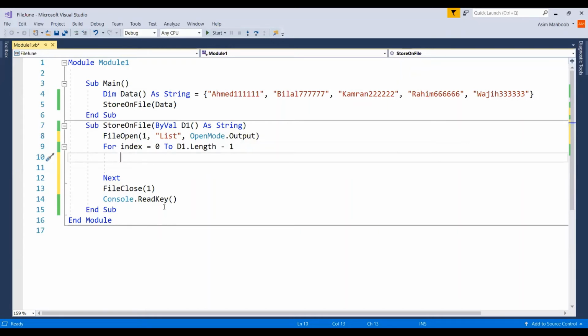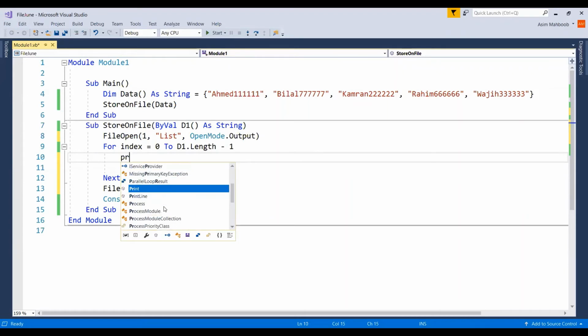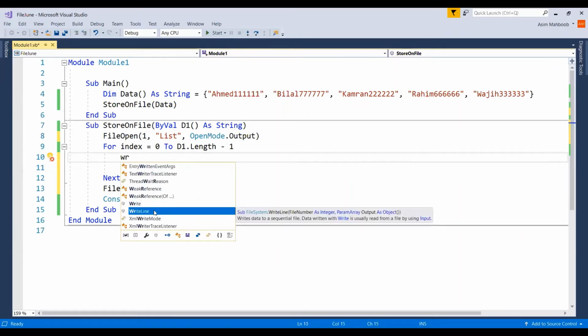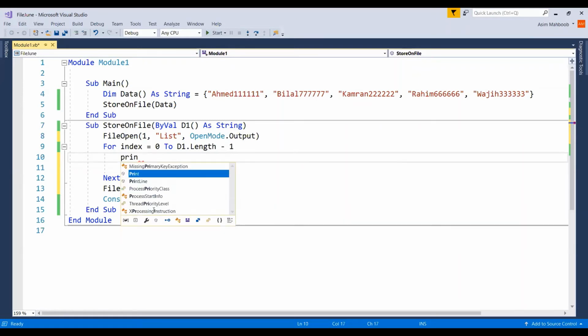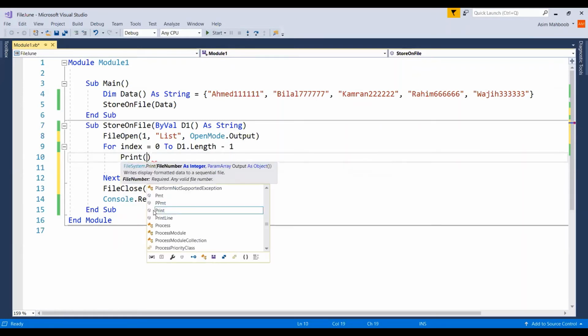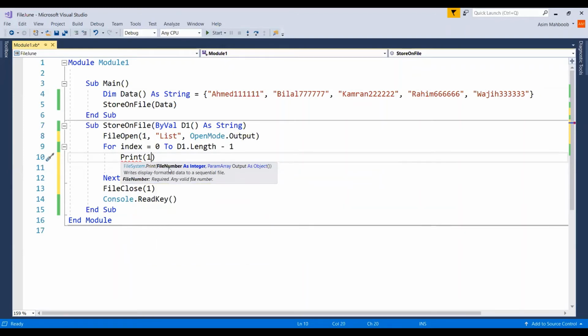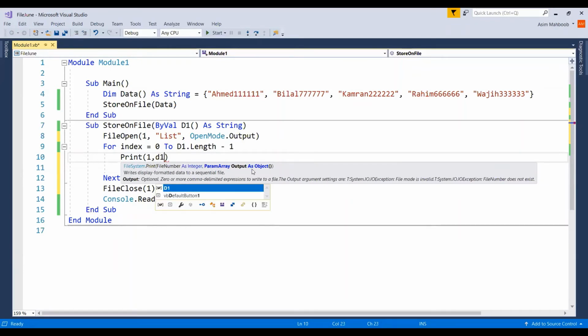तो वो लूप हमारा चलेगा और 1 बाय 1 हम लिखते जाएंगे। तो उसके लिए हमारे पास मैं प्रिंट की कमांड यूज कर रहा हूँ, वैसे हम राइट की कमांड भी यूज कर सकते हैं, राइट लाइन, ये भी यूज कर सकते हैं, लेकिन ज्यादा बेहतर ये है कि आप प्रिंट की कमांड यूज कर लें। प्रिंट की कमांड में सबसे पहले वो पूछ रहा है कौन सी फाइल पे लिखना है, तो मैं कह रहा हूँ फाइल 1, जो कि इसका नाम लिस्ट है, उस पर लिखो। और क्या ऑब्जेक्ट लिखना है वो मैं यहाँ लिख देता हूँ, D1 इंडेक्स।